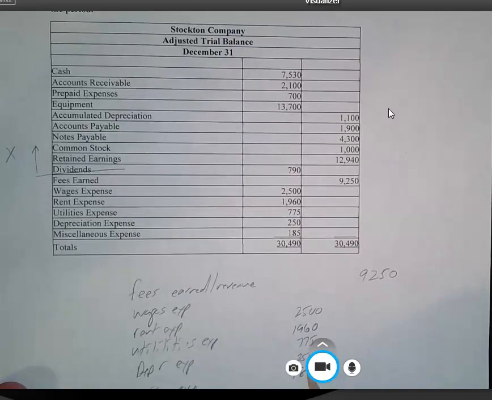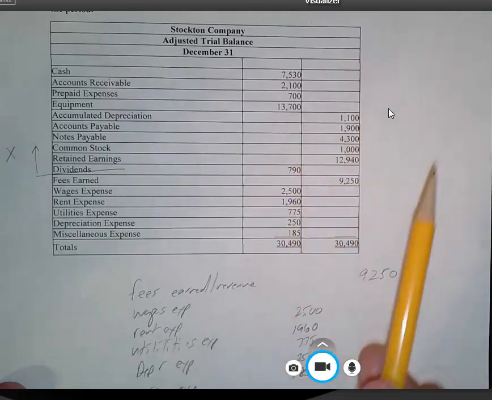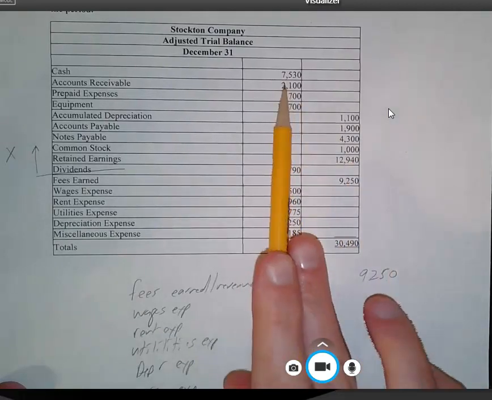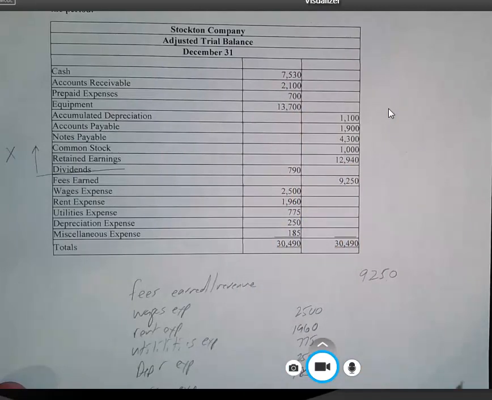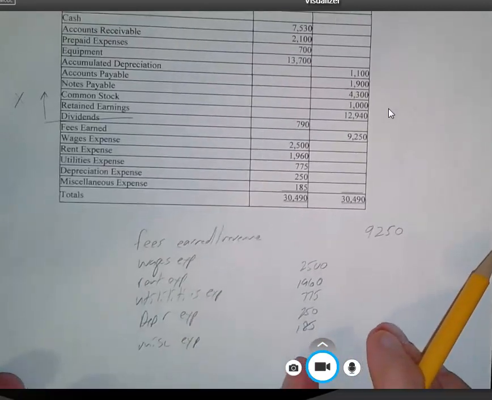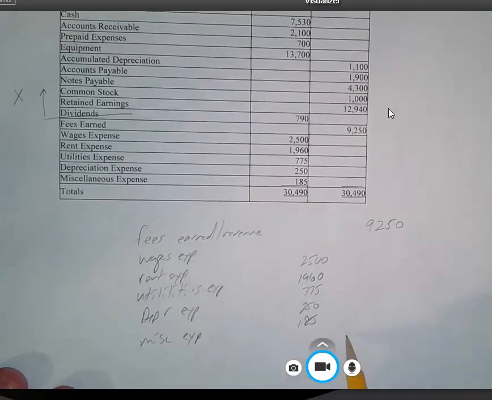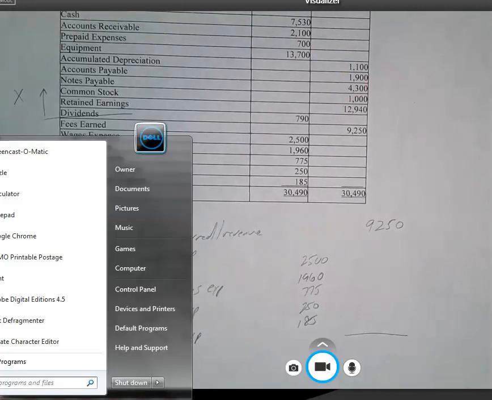of $185. Now, why do you think this $92.50 is over here to the right and these expenses are over here to the left? And that's the same way that we have it up here. Notice everything on the left has a normal debit balance, and everything over here on the right has a normal credit balance. So we're going to move this up here. We're going to put a little line right there. And then what we're going to do